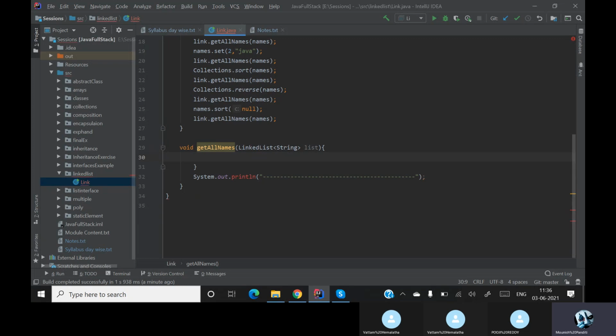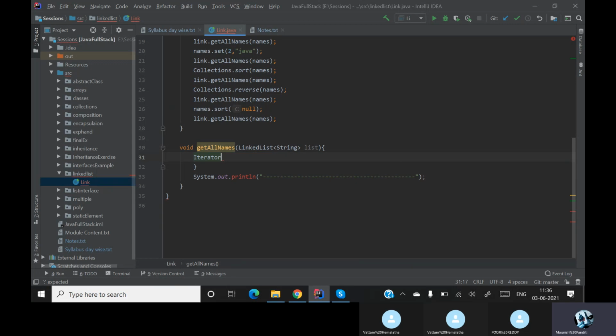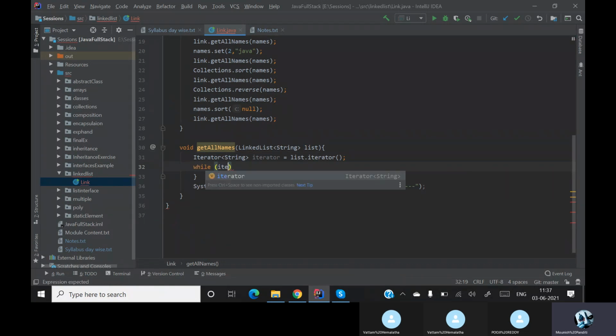When you want to create an iterator, you will simply write Iterator. Iterator is also an interface. Do remember that iterator is taking a String. So iterator is equal to list dot iterator. That will be your object creation for the iterator. Then we will be saying while iterator dot hasNext. Here hasNext is a method where it is checking